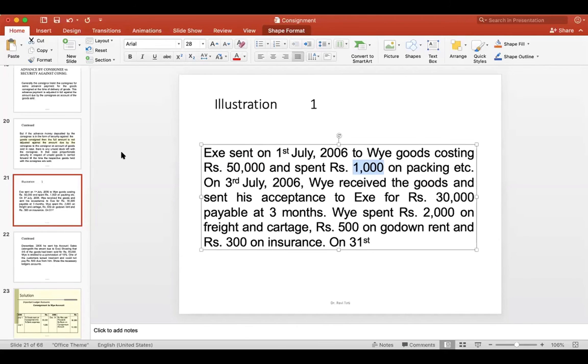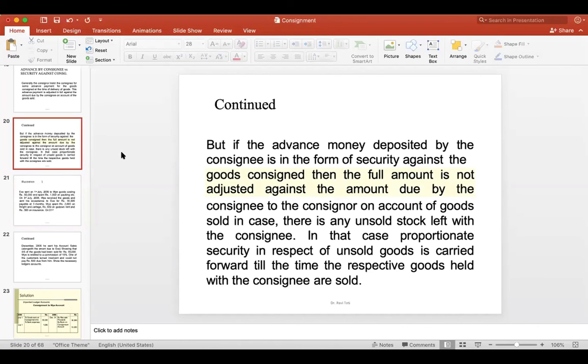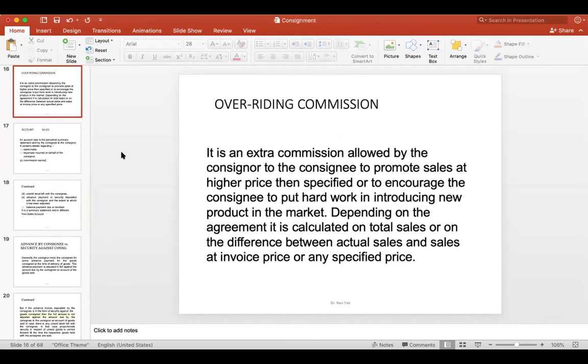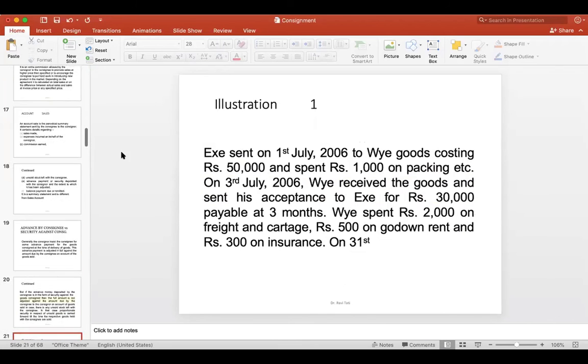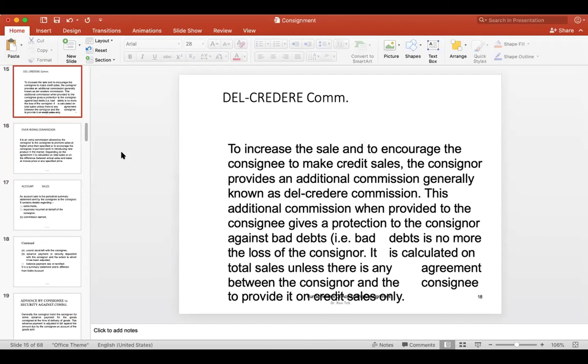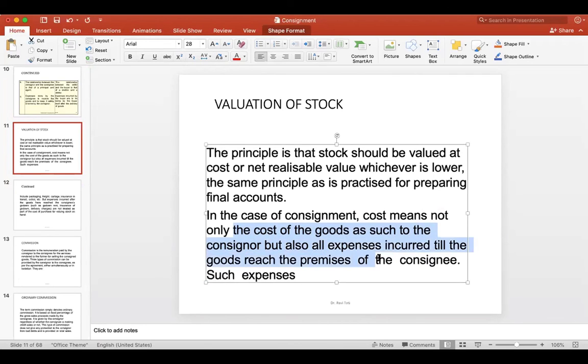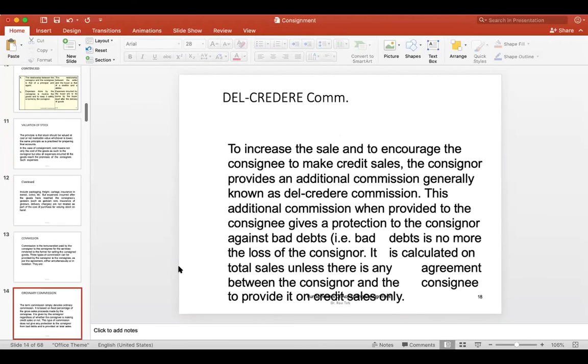Now, as per the instruction, what is the instruction? Stock valuation of the stock, the cost of the goods to the consignor. Goods to the consignor means including all expenses incurred till the goods reach the consignee. Now when we come back to the problem,